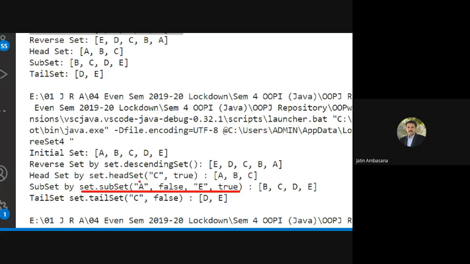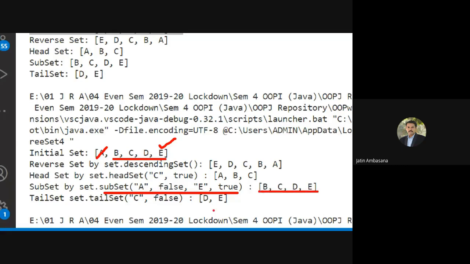So here you are specifying subset between A and E, where you say for A false, for E true, it means A is not included and E is included. Understand? Here in subset, A is not included, this gets away, and E is included. So this B, C, D, E is there.